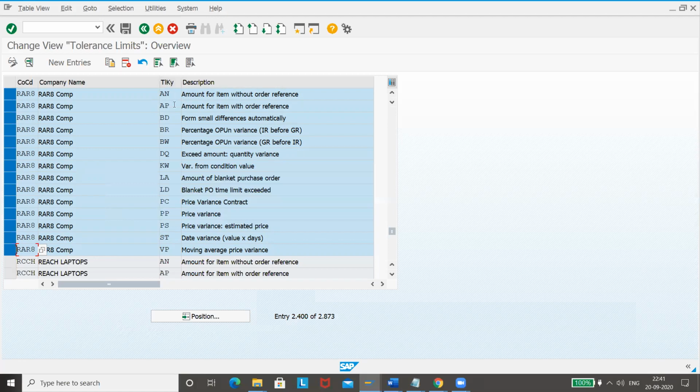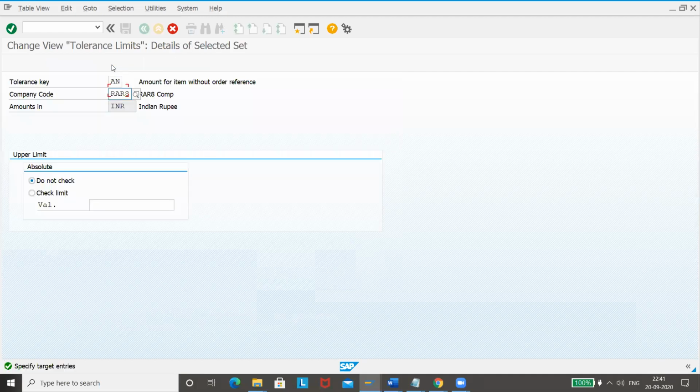For all these keys, you will have to maintain for your company code, which is RAR3. Now I have maintained for RAR8, which is the previous company code. Now you have to maintain them for your company code, and in order to do that, you just click on copy. You will just have to enter your company code RAR3. That's it.